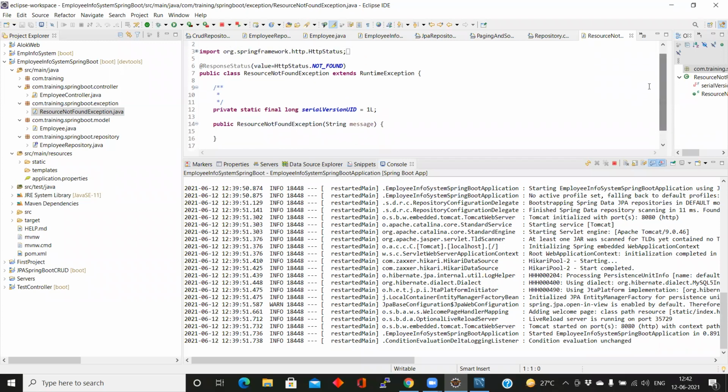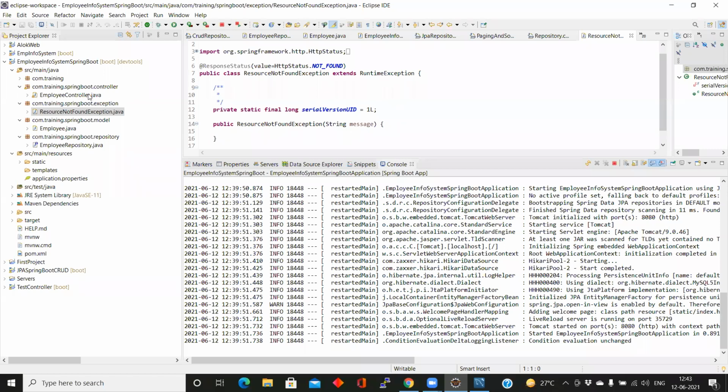Exception handling and logging are the two most critical parts. Every developer and every project uses exception handling and logging. And in Spring Boot, how logging is applied is through aspect oriented programming, AOP. Definitely I'll train you how to use the logging framework in Spring Boot. That is known as aspect oriented programming, AOP. That is one of the big features of Spring Boot, and Spring Boot is popular for that.